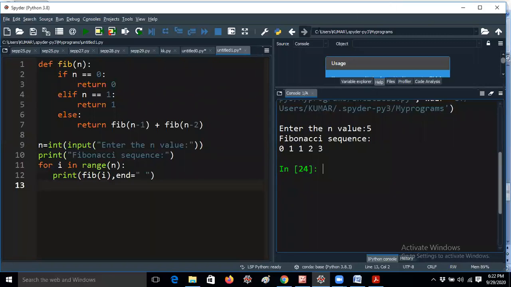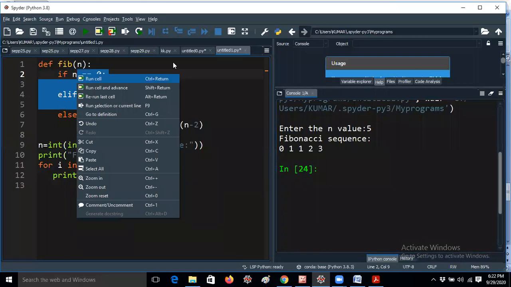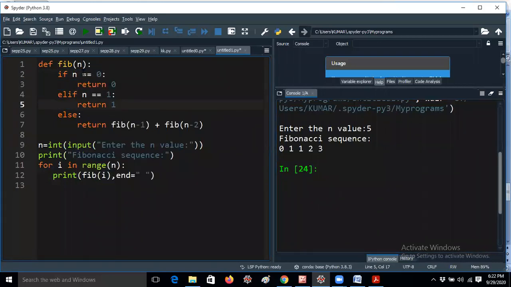It should be fine. Sir, can we decrease the size of the code? Easily you can do it, no problem, guys. For example, let me remove all these things. I am removing all these lines. That means I can remove all these 4 lines.